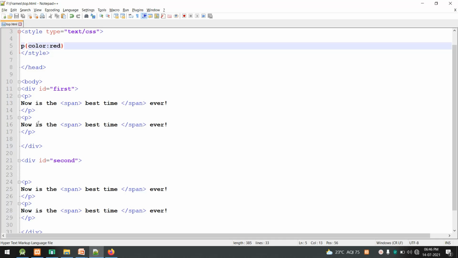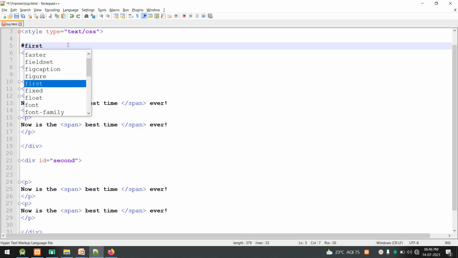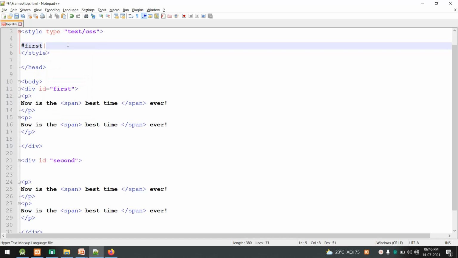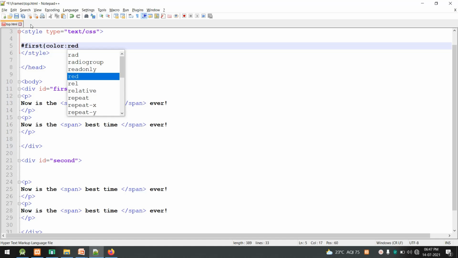We have used divisions now. We have created 2 divisions, so I can apply some styles to the division as well. Or, we have assigned the ID to the division, so I can apply something to the ID as well by using an ID selector. So hash first, then color colon, say red.